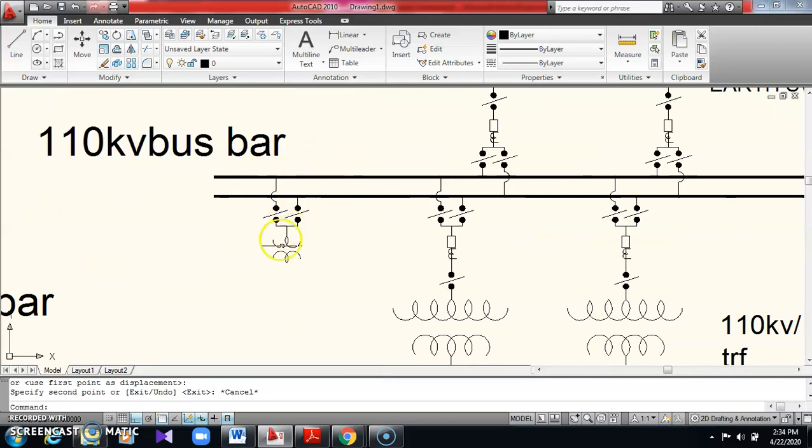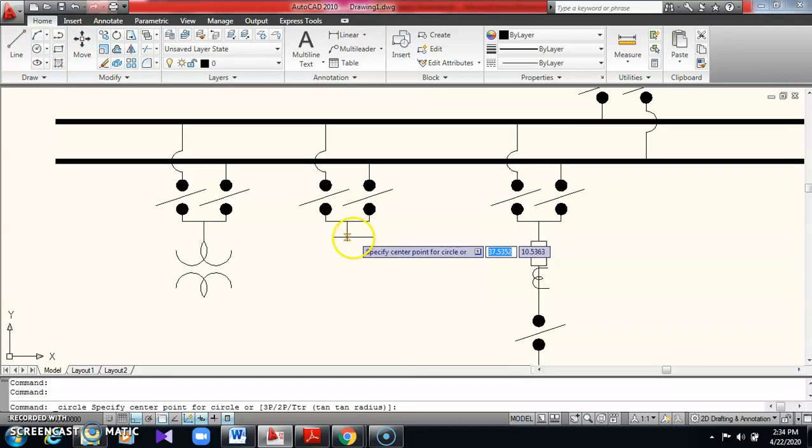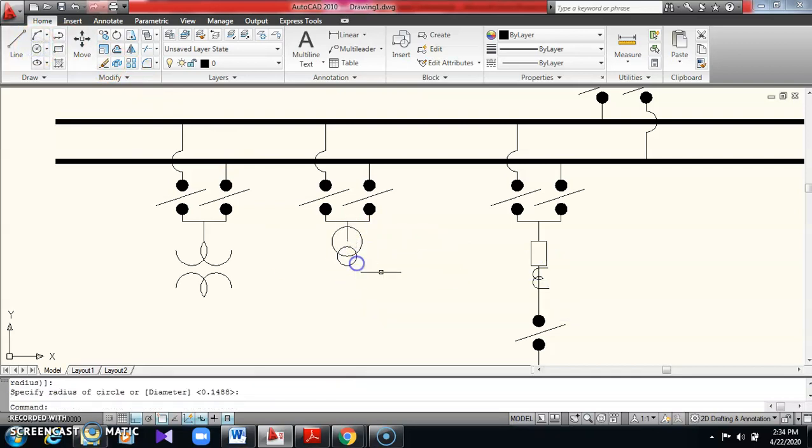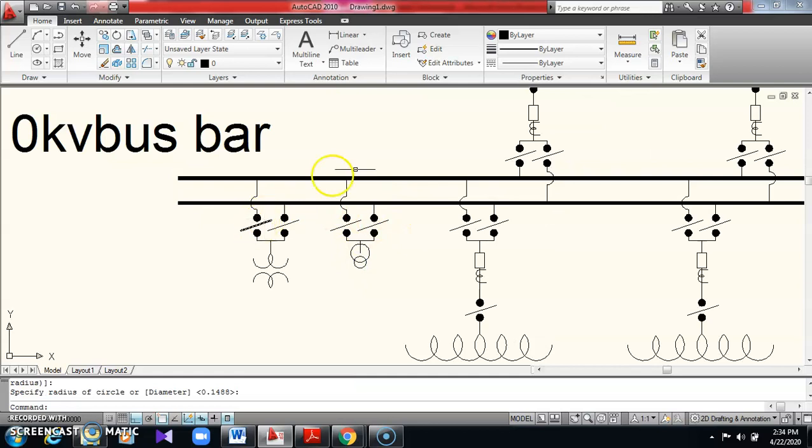And there is another way also to draw PT. I'll show you, and afterwards I'll delete. Whichever way you feel is easy, you can adopt that one. Instead of this device, in the commands in the previous video I have shown how to draw one symbol. So here you can look at this. You have to draw a circle and take another, a small circle to be drawn this much. Okay, this is another way of PT, either this or this, whichever you can refer. Getting? So only one you have to draw.